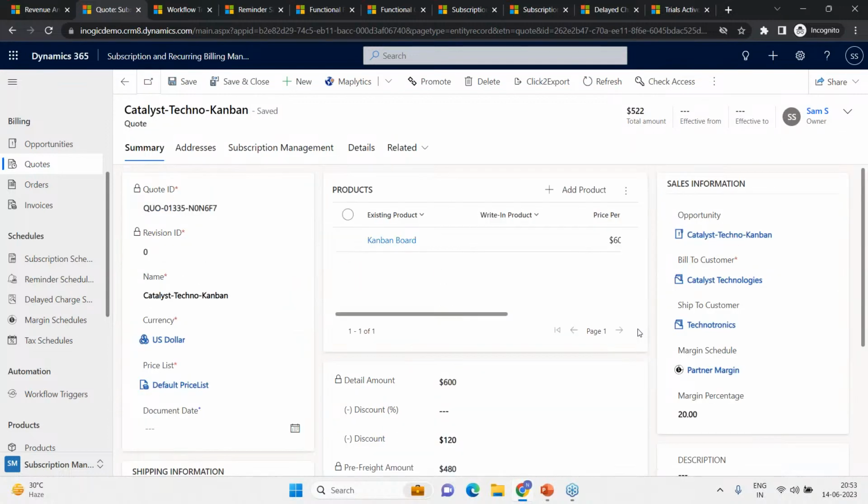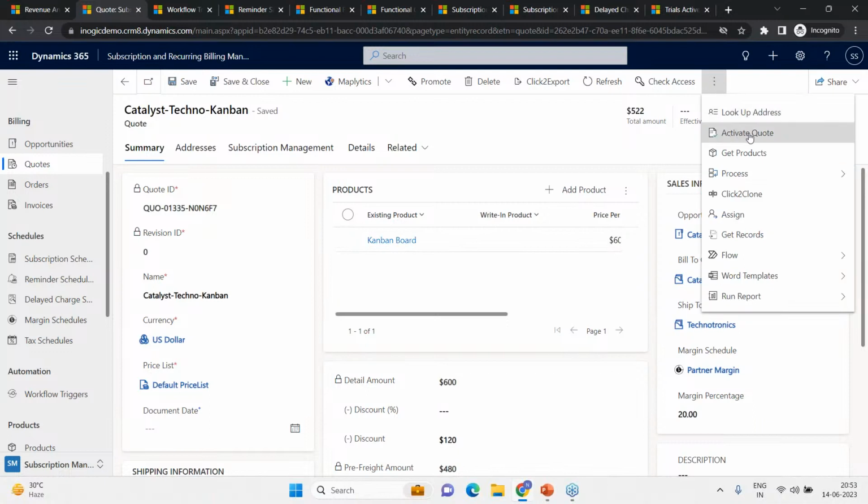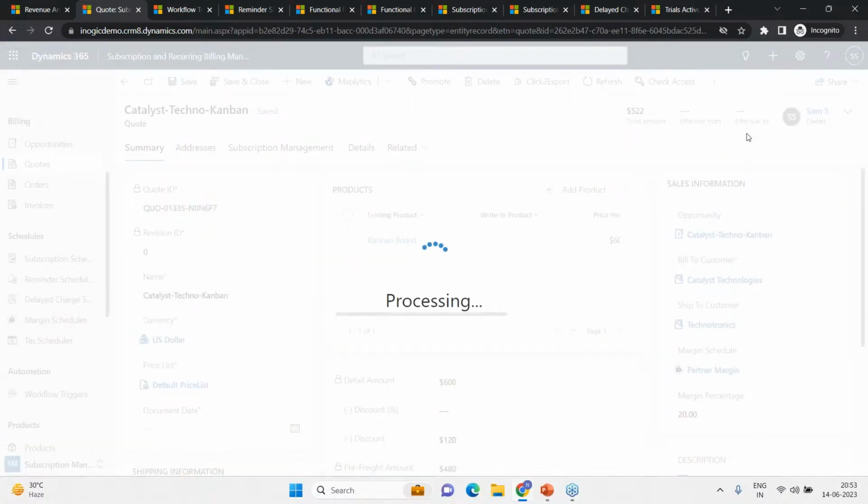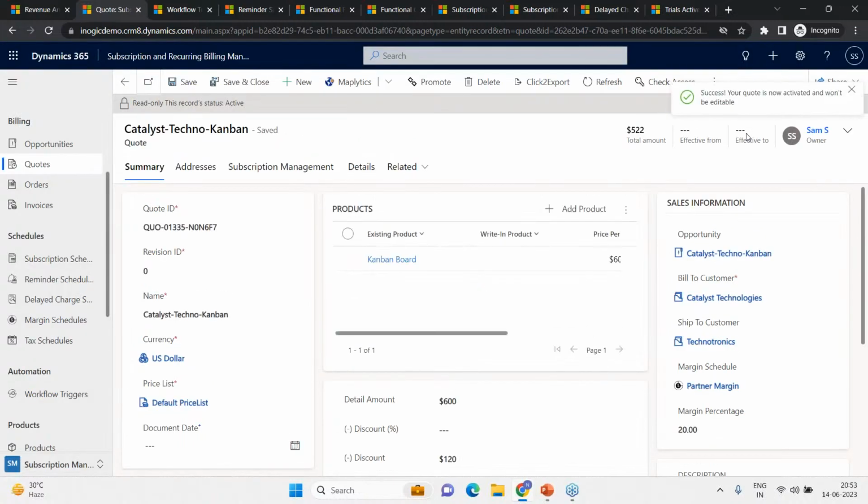Now, yes, in the real world, there might be a lot of to and fro about the quote, because the moment I send this quote, the customer might come back and say, hey, I want a discount or an added discount and so on and so forth. Well, we are leveraging the quote entity from the CRM. So that scenario works seamlessly with our solution as well. So for the time being, let's say I'm just activating this quote. This is the quote for which I have got an approval from my partner, the Catalyst Technologies. Now, once my quote is activated,